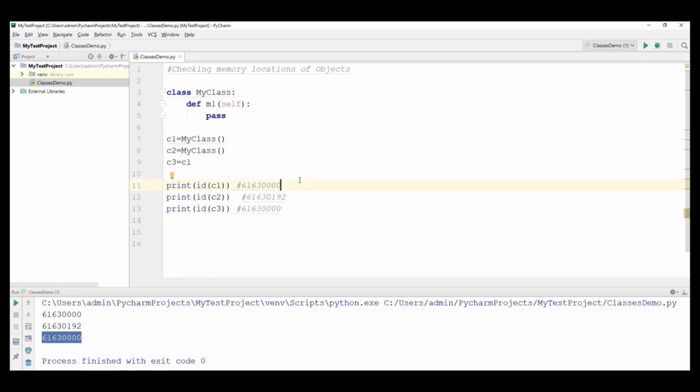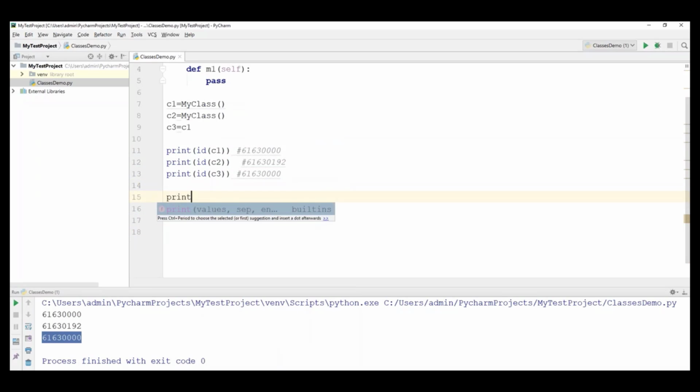Now, if you want to check whether c1 and c2, or c2 and c3, are the same or not, whether they are pointing to the same location or not, we have keywords called is and is not. We can use them like this. Suppose I print c1 is c2.